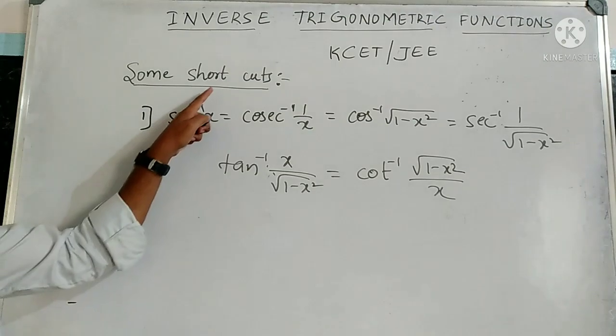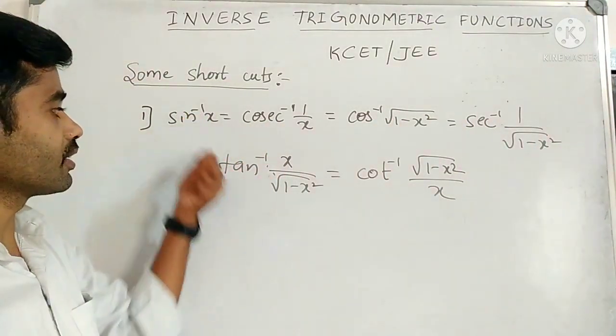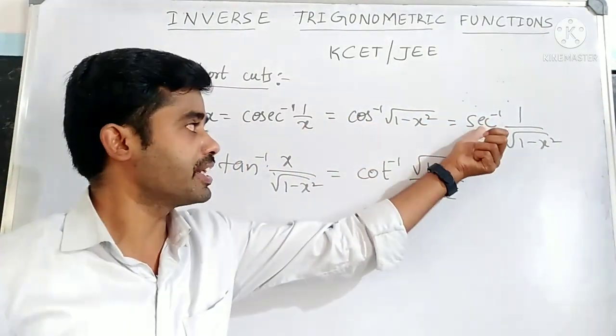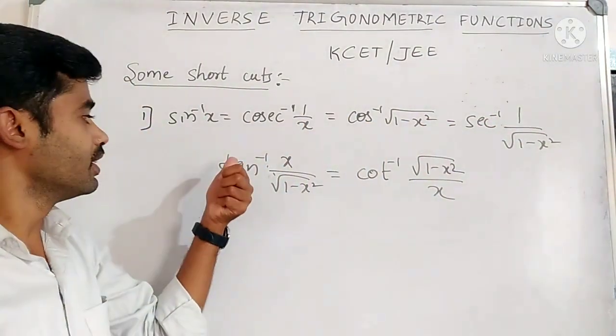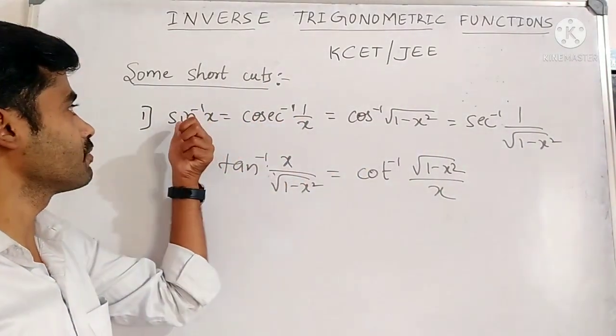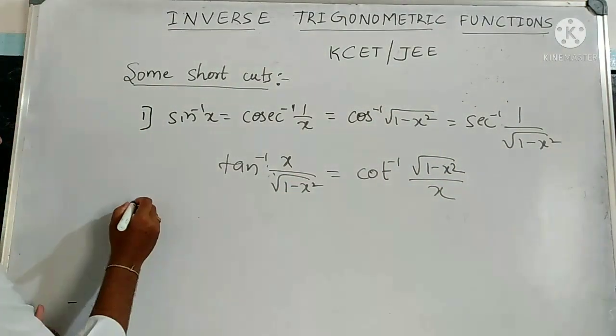In the place of sine inverse we can use all six, in terms of cosecant inverse, in terms of cos inverse, in terms of secant inverse, in terms of tan inverse, in terms of cot inverse. In the place of sine inverse we can use all those things. Okay. Next one, the second one is that